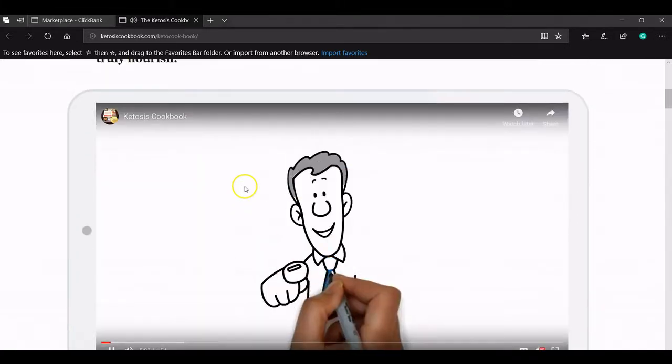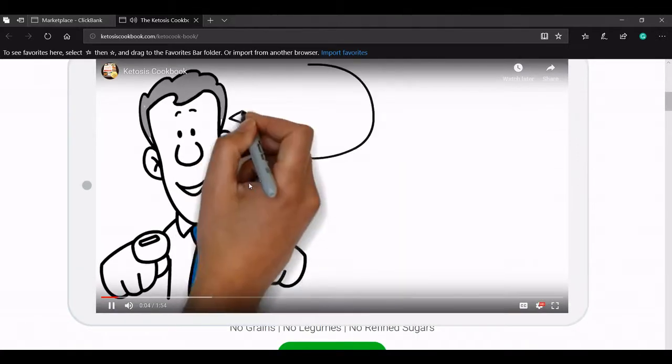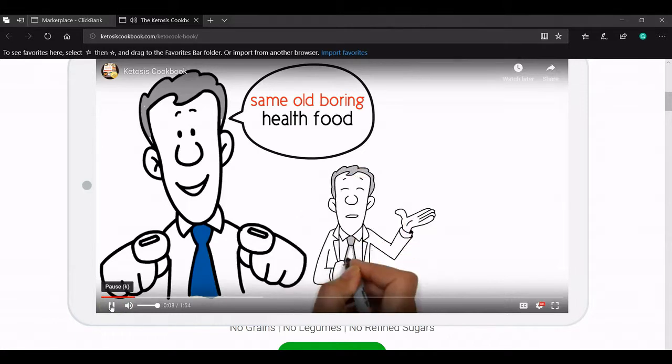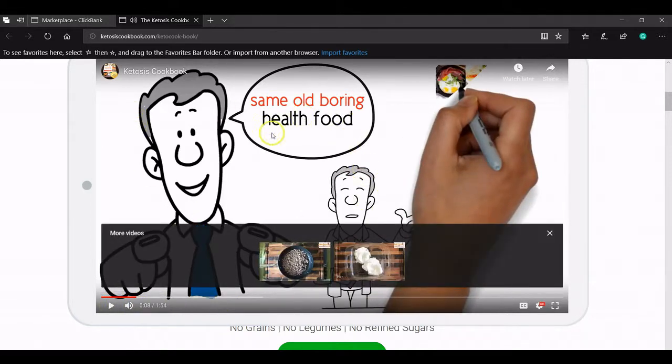When you're hungry and you don't want to choose between filling your body with junk, or settling for the same old boring health food, you're dedicated to eating nutritious to create a